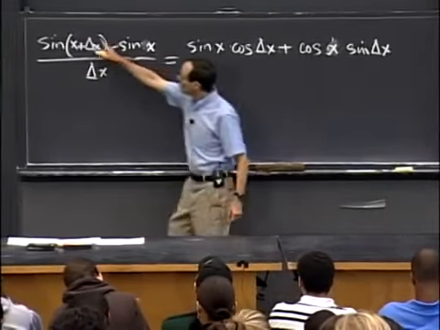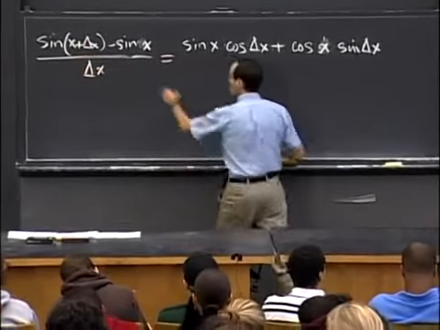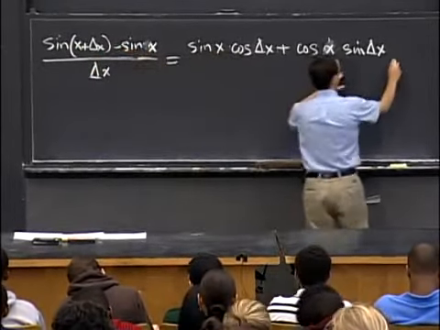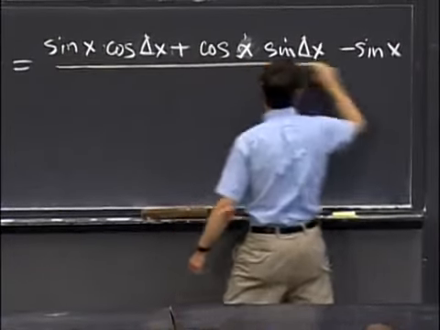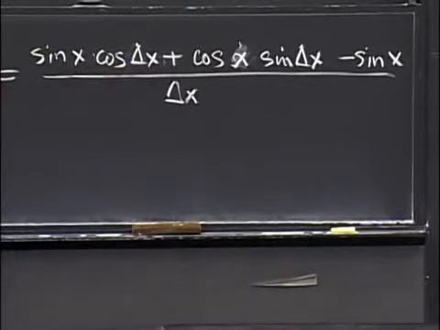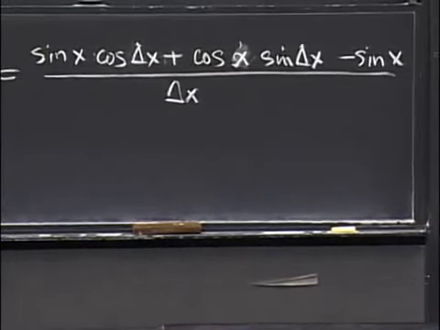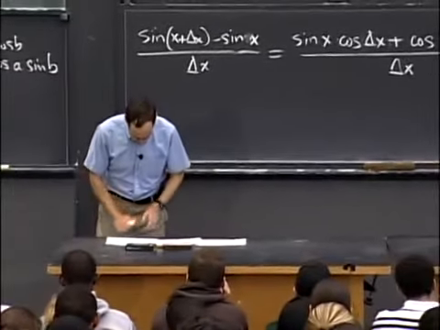Now that's just the first part. That's just this part of the expression. I still have to remember the minus sine x. That comes at the end, minus sine x. And then I have to remember the denominator, which is delta x. Okay? All right, so now,